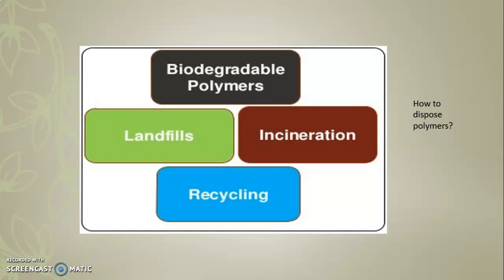Okay, so biodegradability is a function of the chemical structure of a polymer. Polymers based on renewable materials are by definition macromolecules that are produced from renewable raw material sources from nature. Okay, biodegradable polymer. How to dispose of the polymers? By creating a biodegradable polymer, landfills, incineration, and recycling. So we have covered